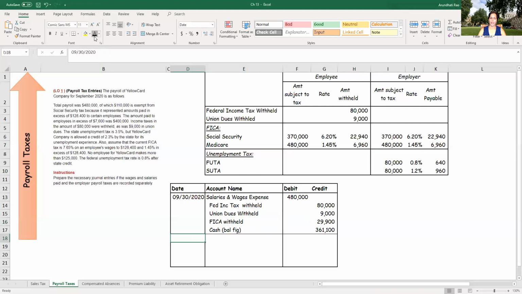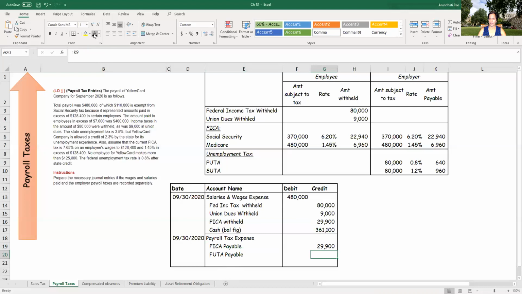Now, in addition to that, the employer is paying taxes. What are they paying? They're paying all these amounts. These amounts are to be paid. All of those put together are called payroll taxes. So payroll tax expense debit, that's going to be the balancing figure. The FICA is going to be the exact same number that you took out from the employee's paycheck. The employer has to pay that as well. The next number is the federal unemployment, that is $640, and the state unemployment is $960. That all adds up to a total of,